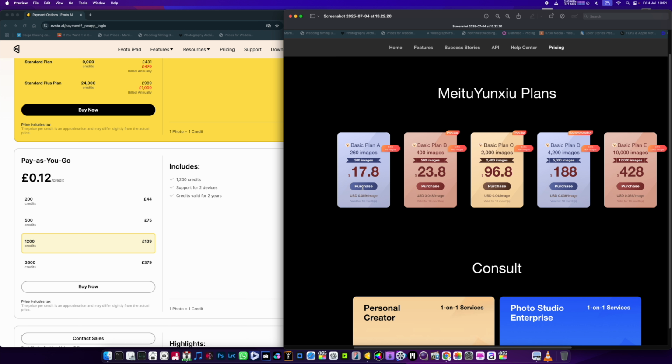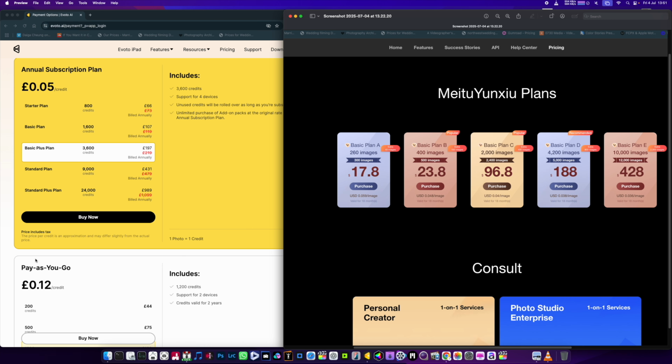£44, £12. Okay, next one they've got is basic plan B. 500 image edits for $23 or $24. Let's just say $24. The nearest one, these have got the price range. It just starts going up crazy. £75, which is probably near $100 for 500 credits. So the most expensive one they do,